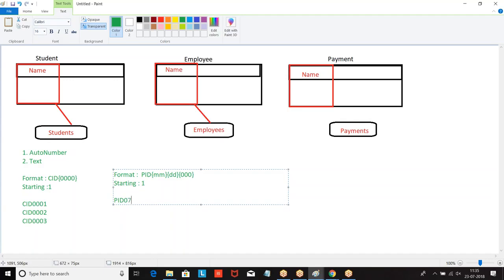Payment ID 0723-001. Are you getting my point? So this will be generating the number based on the format you have given. Auto number, the system will generate. Text, we are supposed to enter the data.